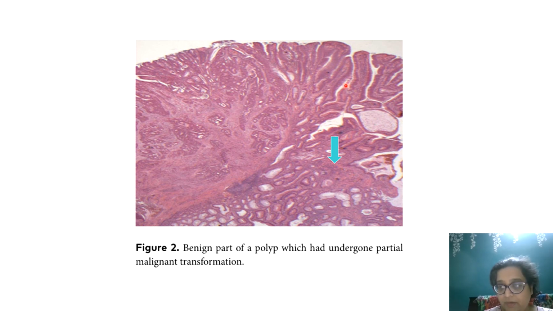So a polyp, if it only shows dysplasia in the lining mucosa, becomes an adenoma. And when it shows invasion, it becomes a carcinoma. Please remember, adenoma is a polypoidal structure, sometimes flat because there are flat adenomas also, with lining epithelium showing dysplasia. The moment there's invasion in the muscularis or the submucosa, they become carcinomas. So that is another point that you need to take care of. And this is the benign polyp. This is the malignant part which has transformed.